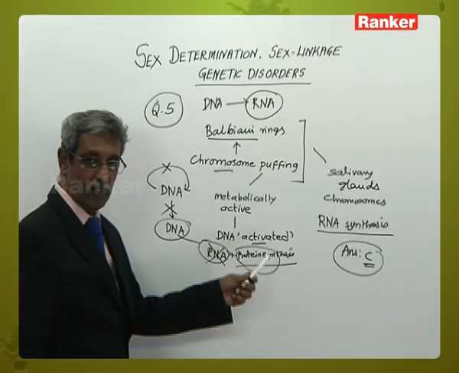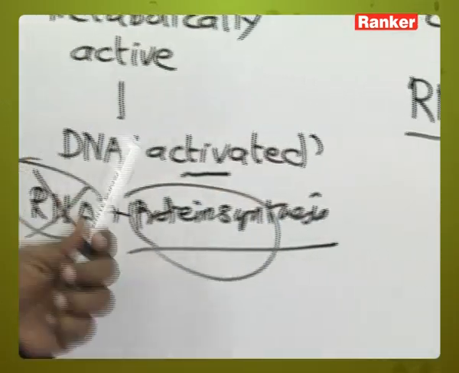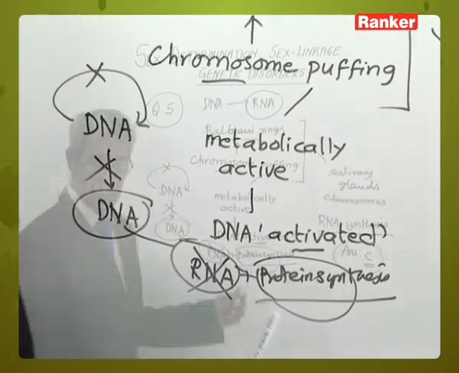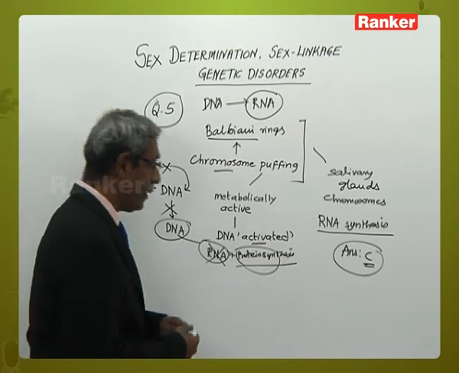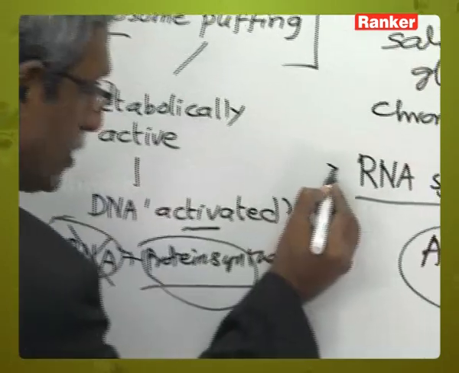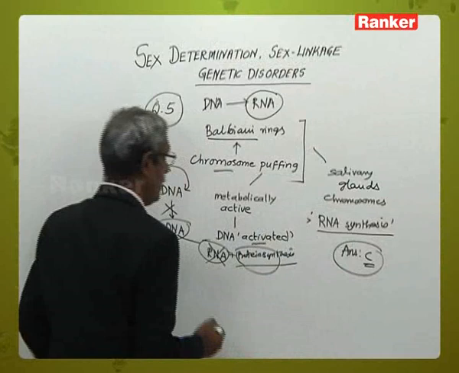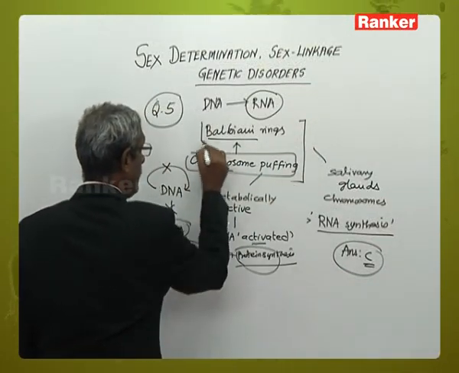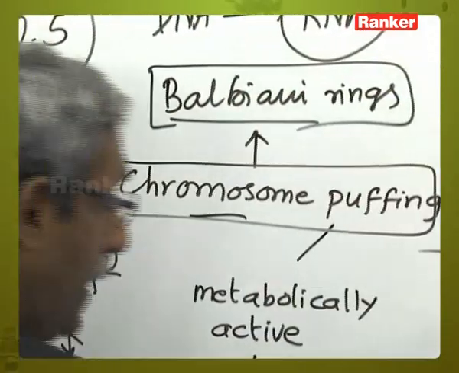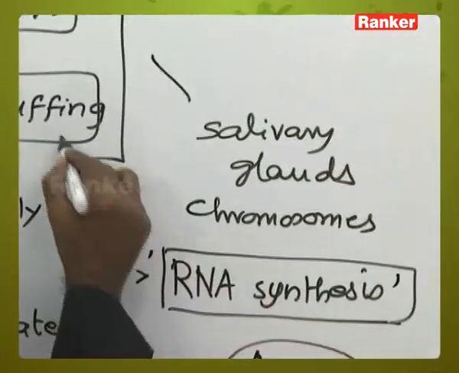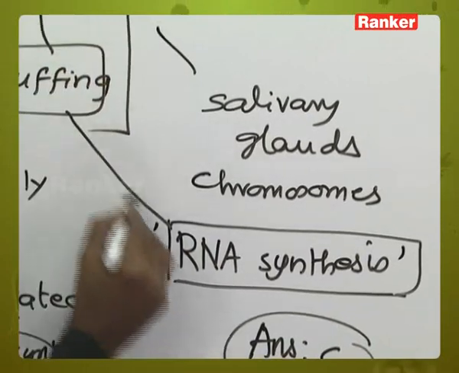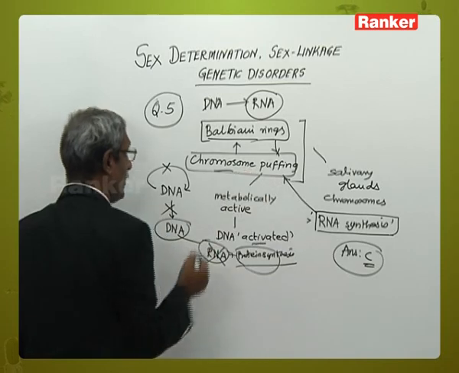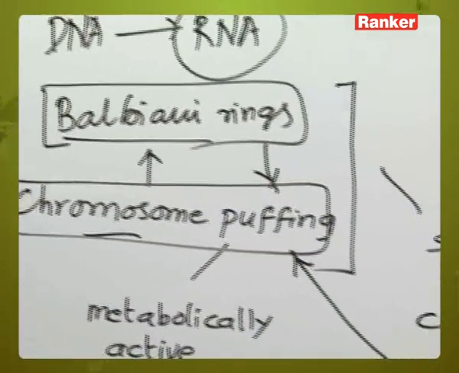Now normally this is a sort of question which students get confused on, because predominantly we think it is protein synthesis. It is not protein synthesis, but only one single component which is termed as RNA synthesis. So chromosome puffing, Balbiani rings and RNA synthesis, these are the associated terms which any student needs to exactly understand whenever the term chromosome puffing comes in with relation to any objective bit.